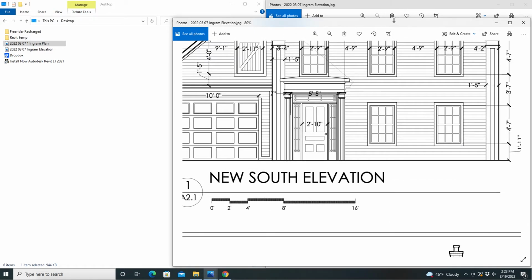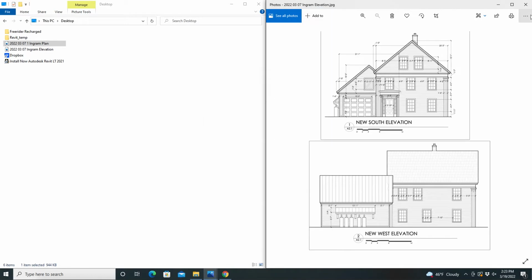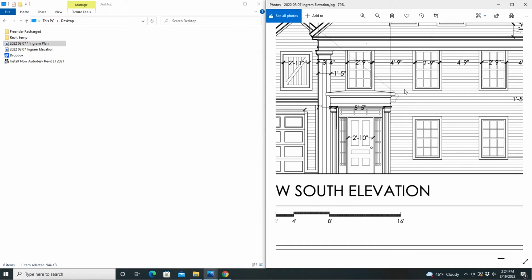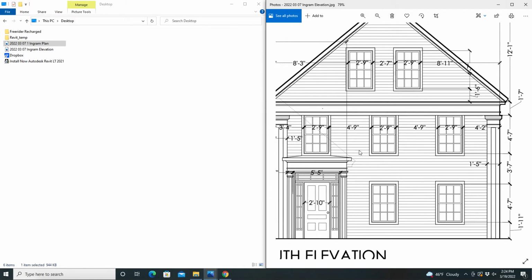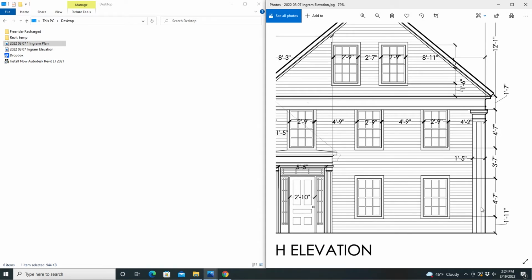And the first height I want to do is going to be the front of the building. I want to get this height up here. This is kind of the start of the roof. All right, we can either add up all these dimensions, 1'11", 4'7", 3'7", 4'7", and 1'7", and do one pull,